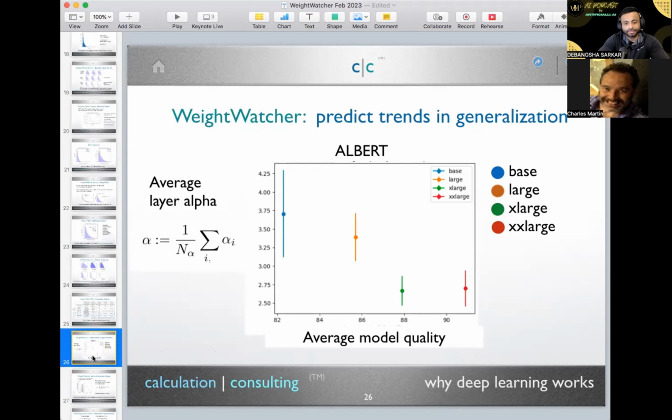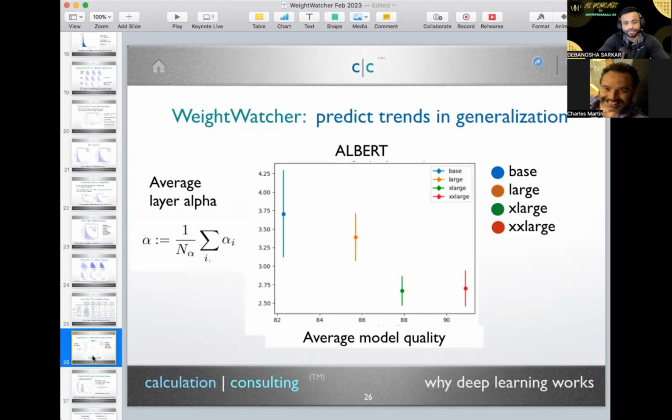And again, there are lots of caveats, right? This is not a perfect theory. I kind of wanted to put this plot to show it works, but why is extra large a little better than XX large? I'm not sure, but I have ideas about that. I suspect that a lot of the very, very large models are widely undertrained. Even though they give good quality, I think a lot of the layers are much bigger than they need to be. And ALBERT itself, the idea of ALBERT is to make a tiny model, right? Yeah. It's like a tiny bird.